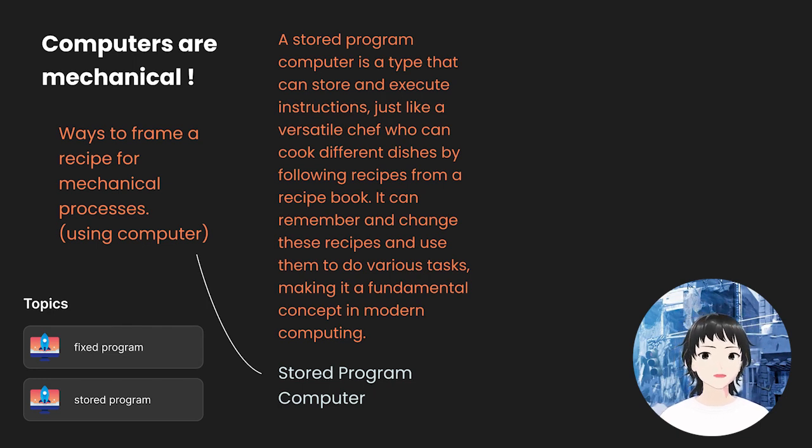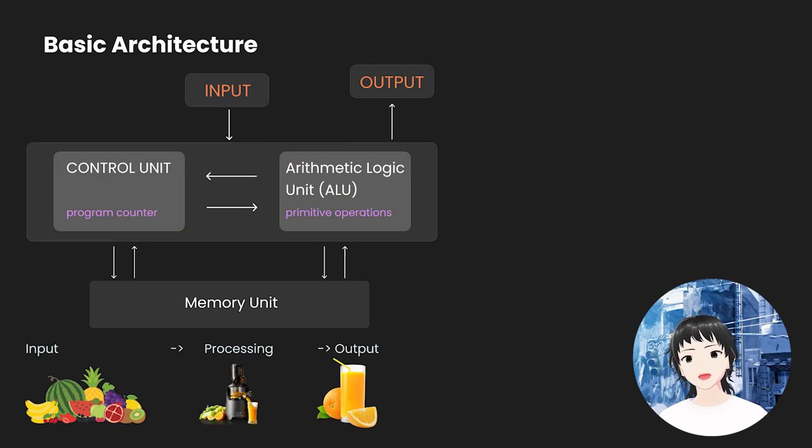Now, let's see what the basic architecture of a computer looks like. As you can see, there's an input, there's something happening in between, and there's an output. Let's take an analogy. You have a bunch of fruits, you put them inside a juicer, and you get the juice as the output. That's basically how a computer works. We give it inputs, it